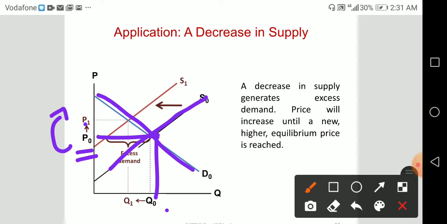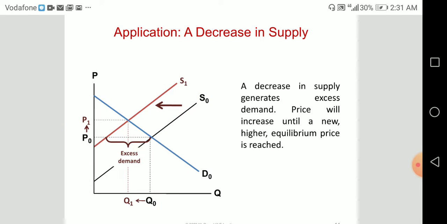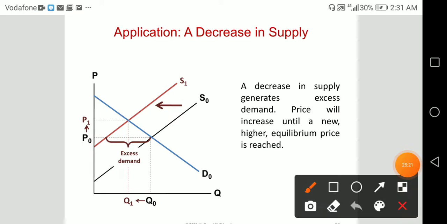So I'm having here a shift. Okay, let's see this shift together. A shift from S0 to S1. So the new point is here. As we see, the new point of equilibrium is here. So at this point of equilibrium, okay, so the quantity of